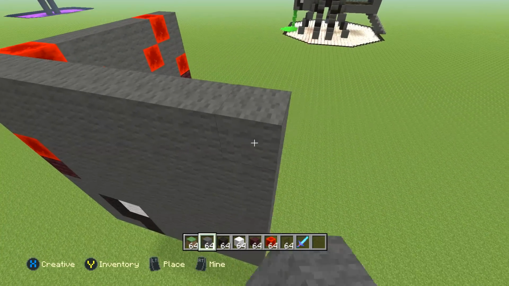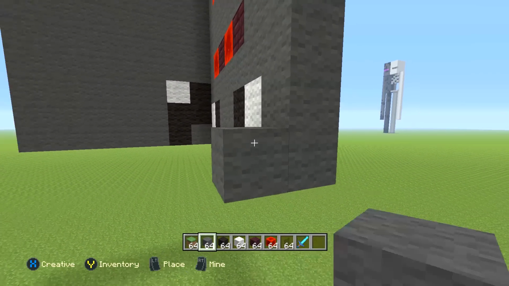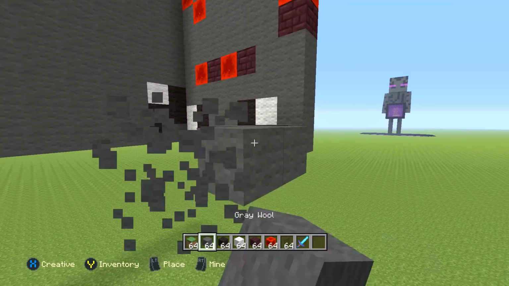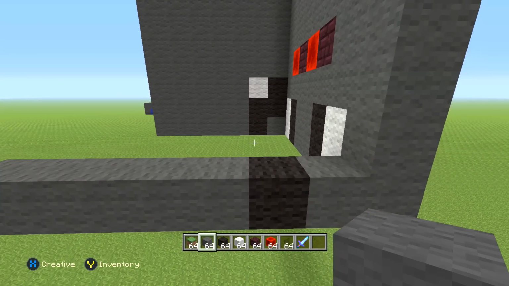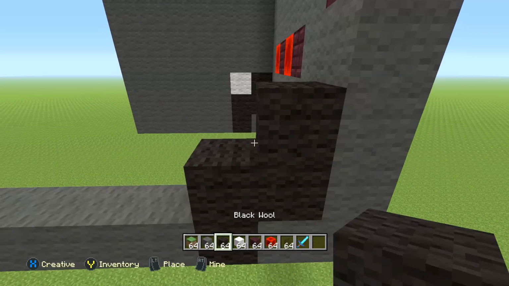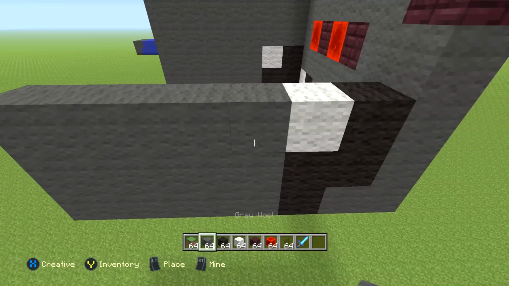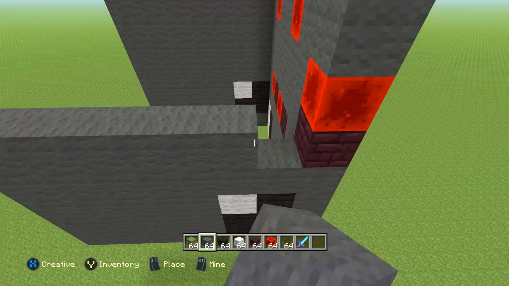Just like that. And now we're going to come over here on this side, and we are going to replicate what we see over here. So just go ahead and copy that, exactly what you see in front of you, and do the same. You can do it in the same order, or just do it every way you want to. Just make sure it's identical to the other side. And you should be fine. It's right there in front of your face. Okay. So then just finish this up with the gray wool,